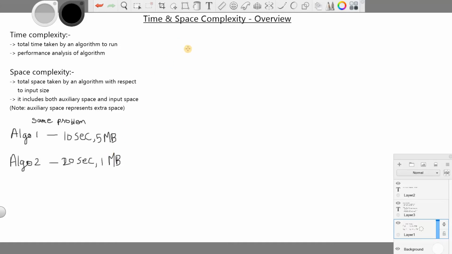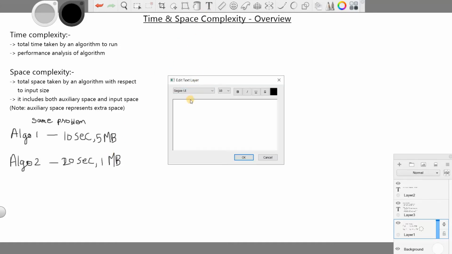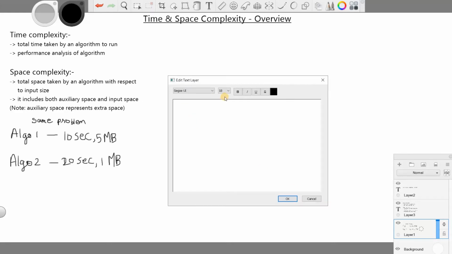Now let's discuss some notations. In time complexity, we have three different types of cases.